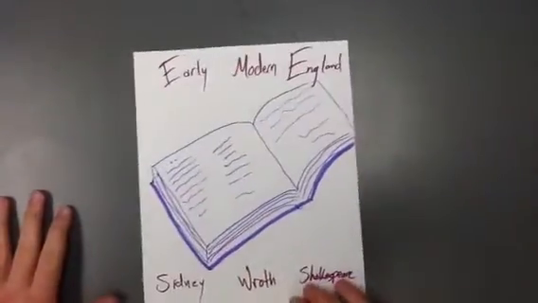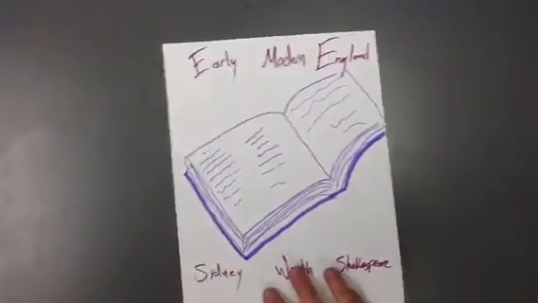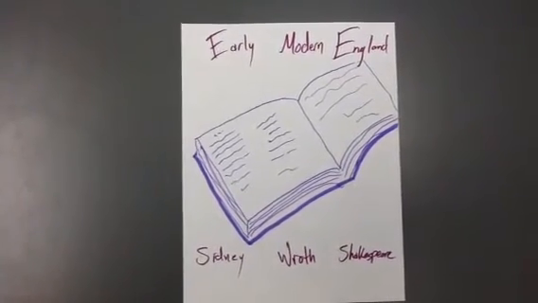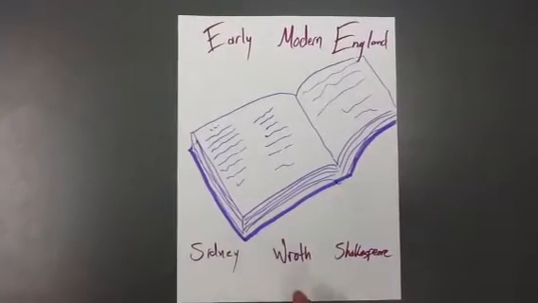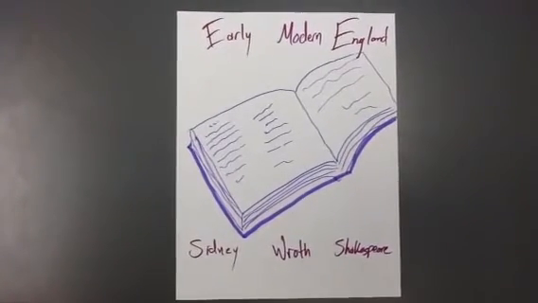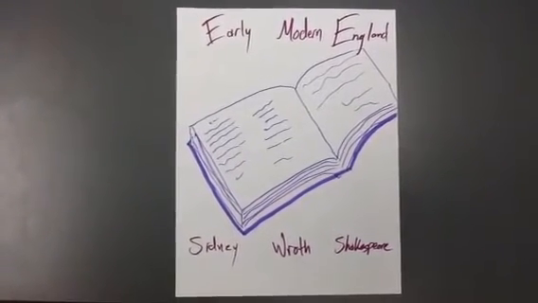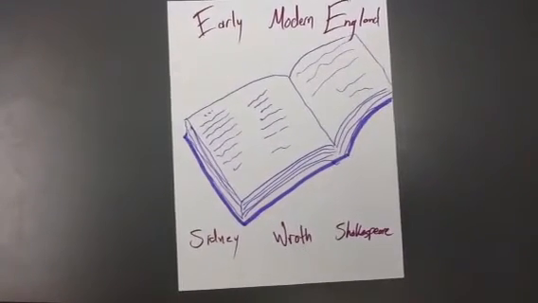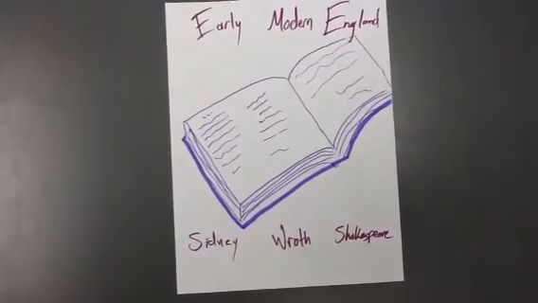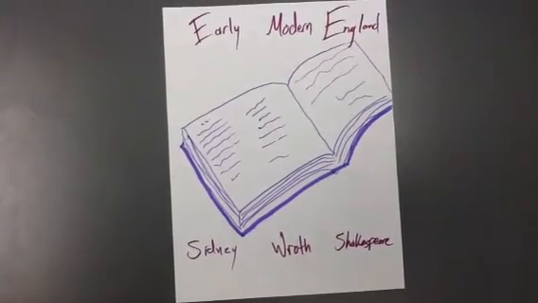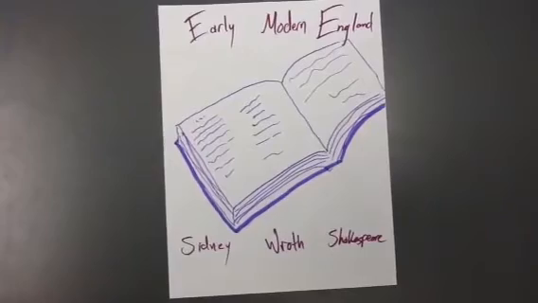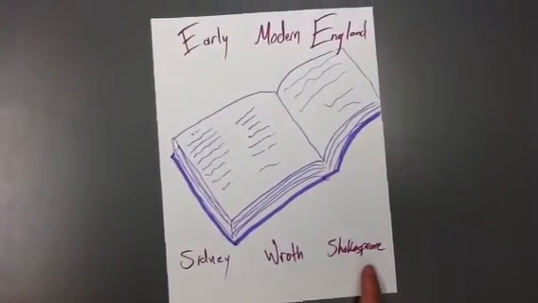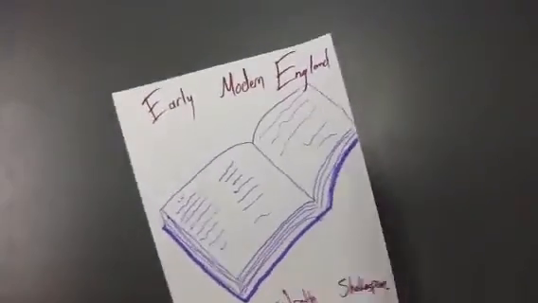So, the sonnet we will be talking about is actually in early modern England. When is early modern England? That was Shakespeare's time. It was also the time of Sidney. Sir Philip Sidney was probably the most prolific practitioner of the sonnet in English. His niece, Lady Mary Wroth, was the first woman to write a sonnet sequence, which is around 120 poems, all linking into one theme, and the most famous English writer, William Shakespeare.